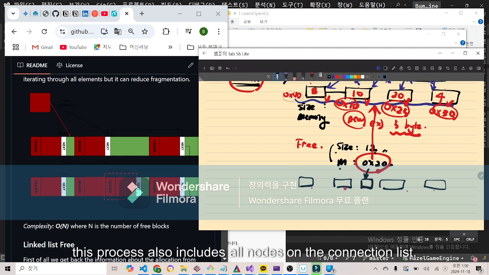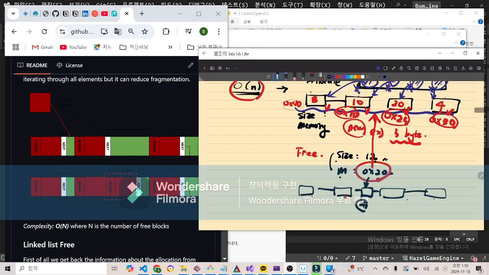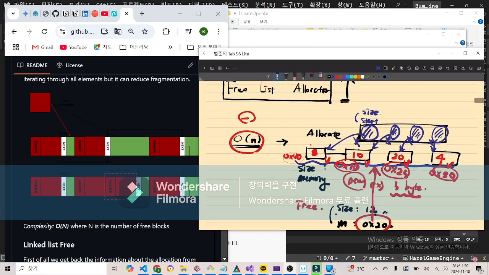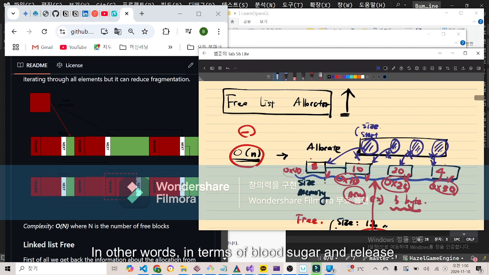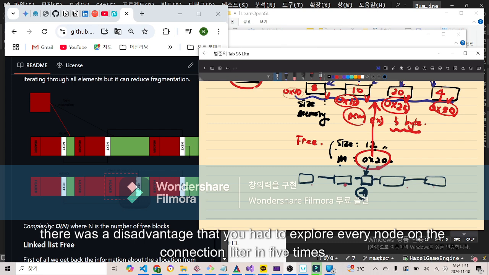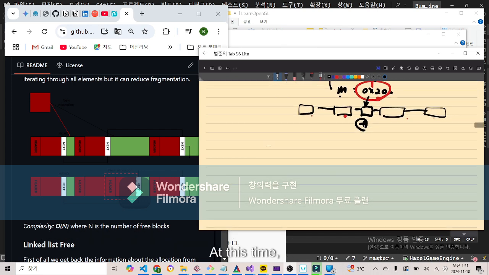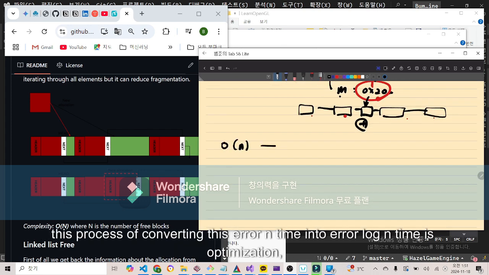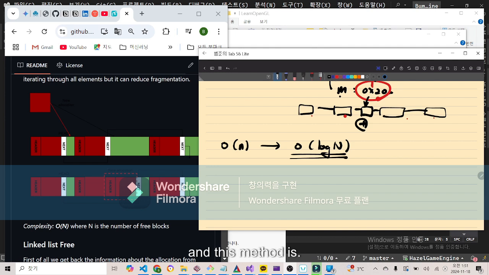Of course, this process also requires exploring all the nodes on the linked list, so it takes some time. In other words, for both allocation and release, there was a disadvantage that you had to explore every node on the linked list in O(n) time. Converting this O(n) time into O(log n) time is the optimization, and the method is